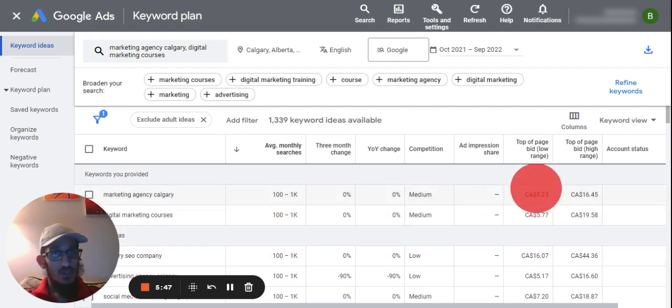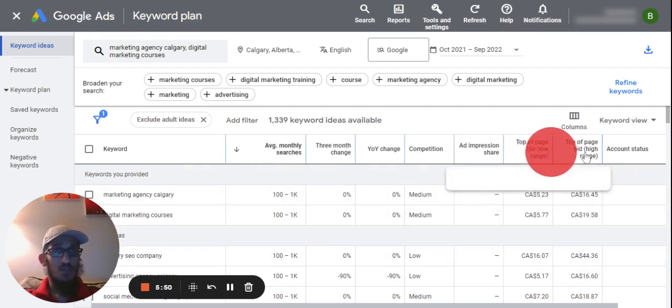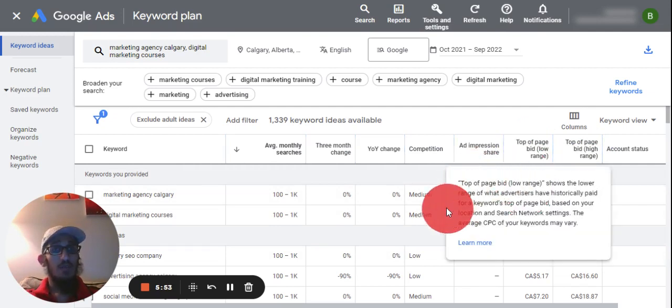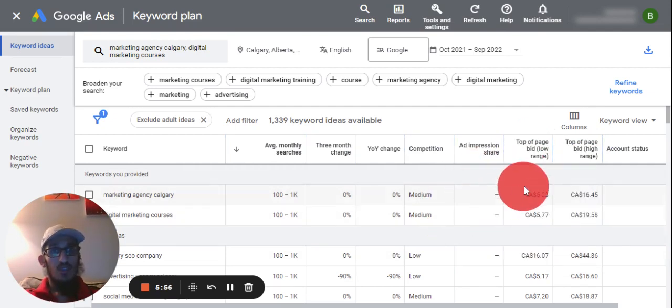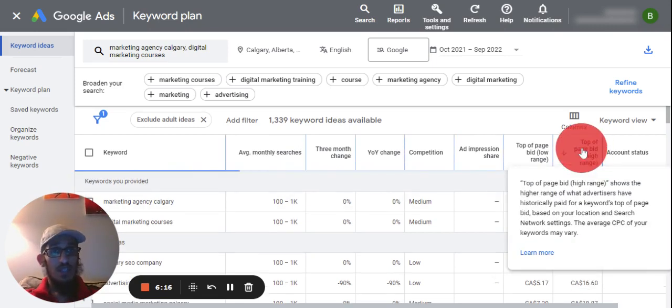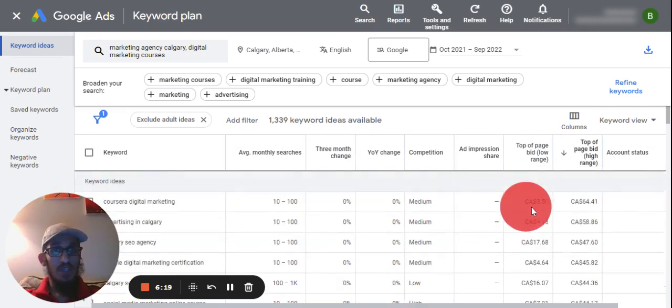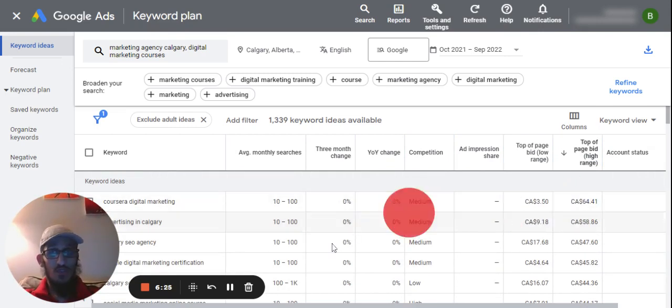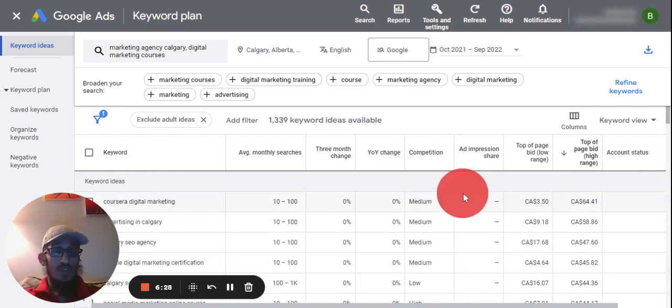Then the next column that we'll also usually look at is top of page bid, so low range and high range. What this means is how much are advertisers willing to pay to be on the top of the page, and this is starting at the lower range. So depending on the time, the number of people that are bidding, the month of those things, it can go as low as $5 over here to be at the top of the page, but it can also go as high as $16 for this particular keyword. Now, if I arrange this by high range top of page bid, you'll then see that there's a huge range. So it goes from $3 to about $64 over here. So having said that, if you're now going to